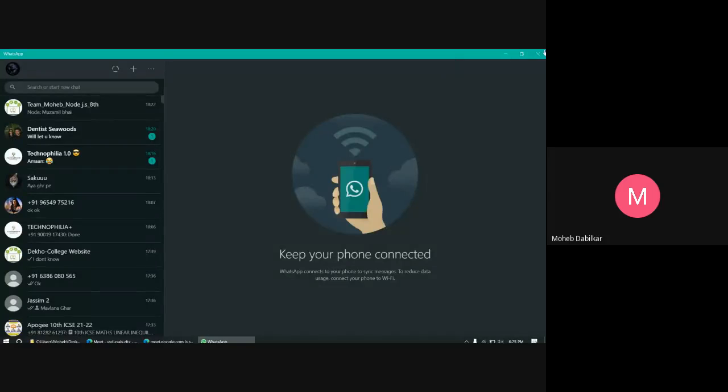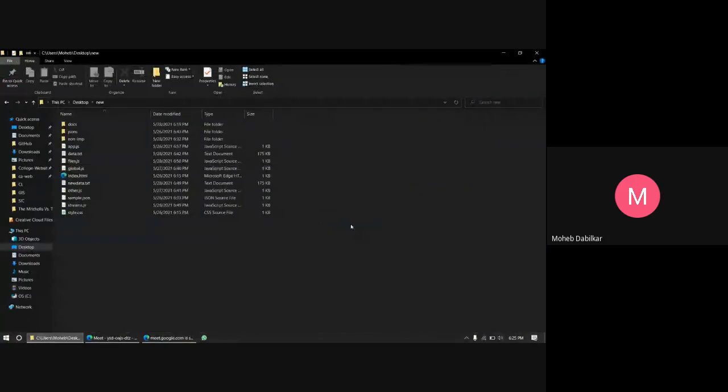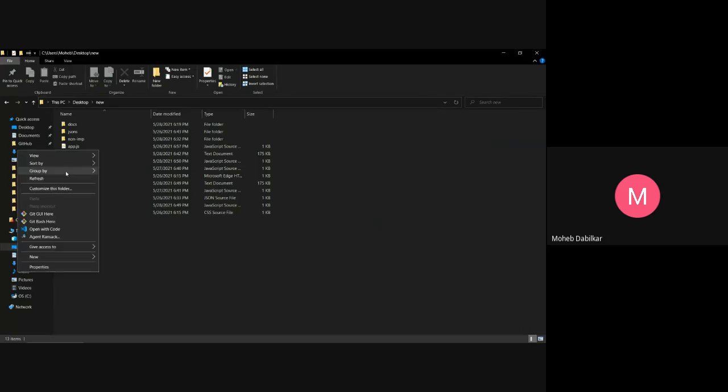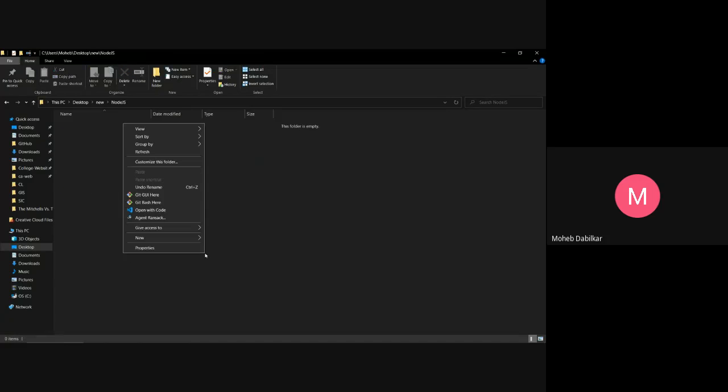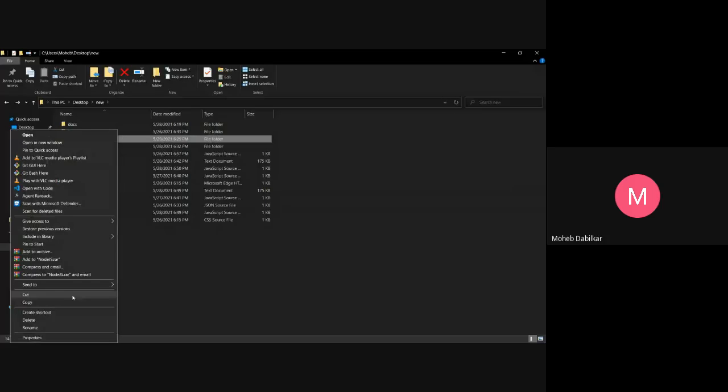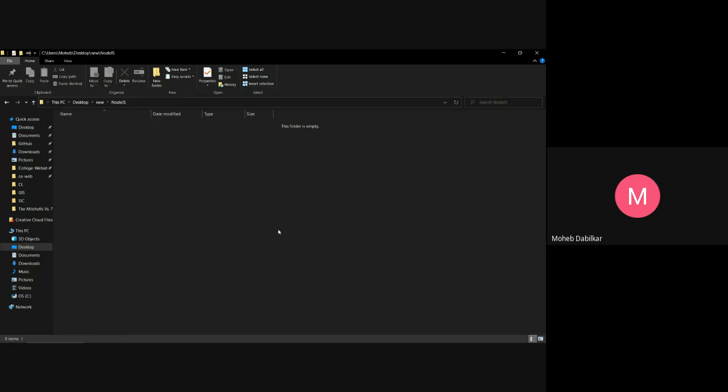So, we have all these things we have done. So let's just start with a fresh folder. So now we have something known as Node.js. Okay. So right click and open with code. Shiv, how you do it is you go back and then click over here and then open with code. This is one way to do it. The other way is if you're already in the folder, just right click anywhere and click on open with code. Okay sir. Yeah. So let's start, sir.